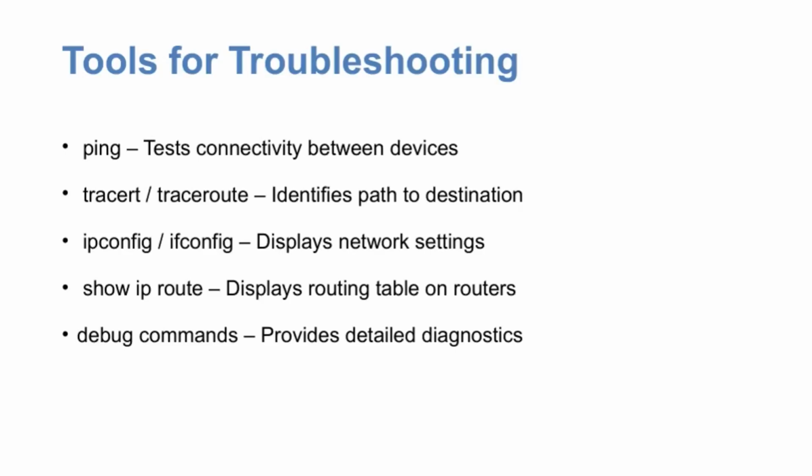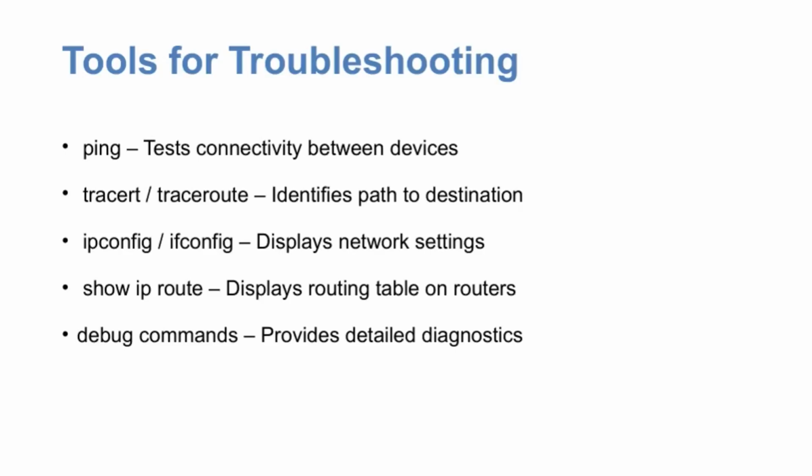If not, there might be a connection problem. Next, we have tracert or traceroute. These commands help us identify the path that data takes to reach its destination. It's like following the route a package takes through the network, so you can pinpoint where delays or failures might